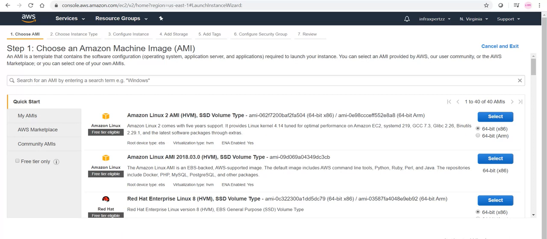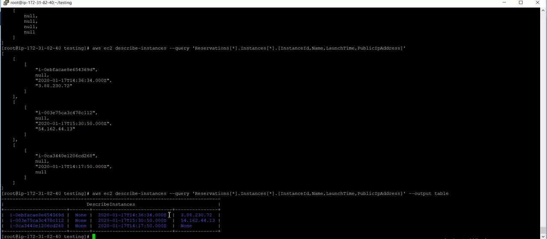Bootstrap script I have already provided. If you check it from here,